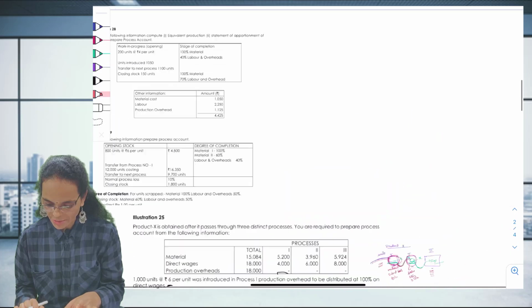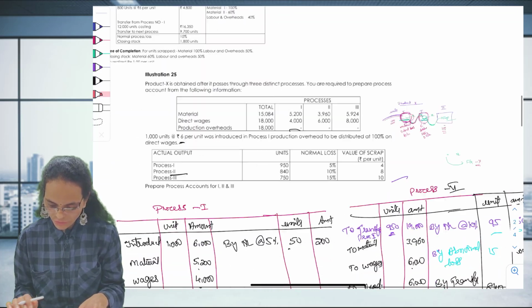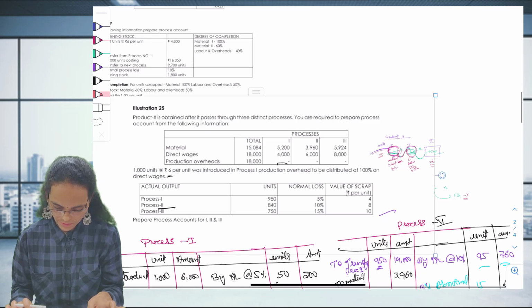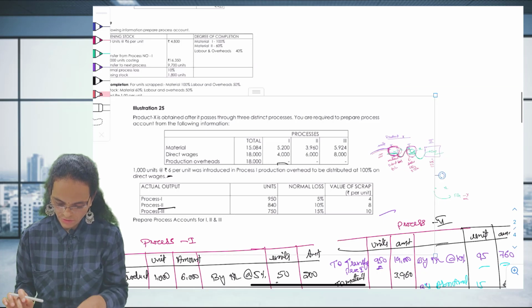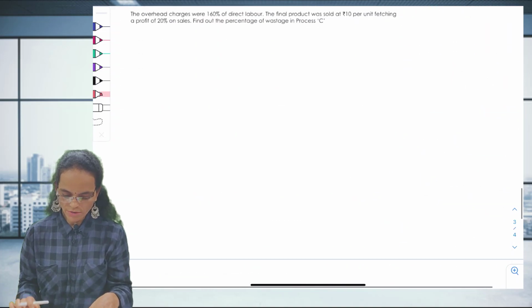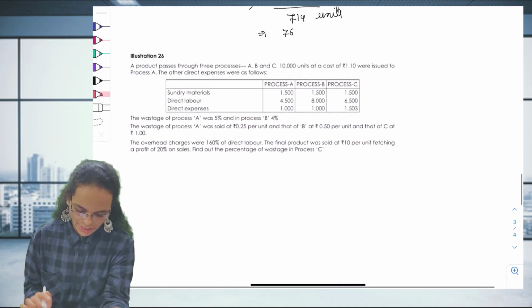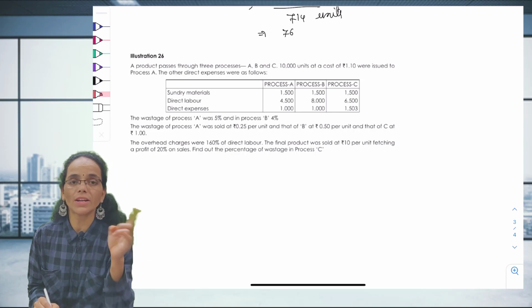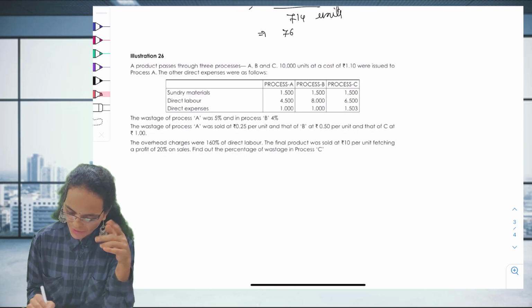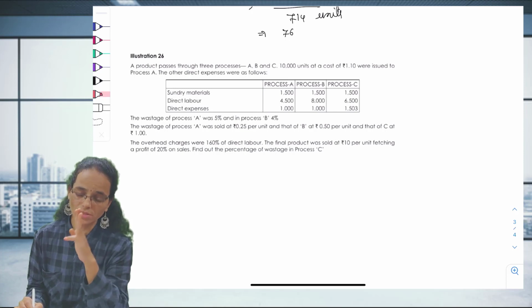See, I explained this in the starting only. What did I explain? See this one. It is not expanding, okay, not an issue. Once again, I'll show you. See, in process 1, what is the material we are introducing? Direct material, direct labor and expenses. For every process it is given.